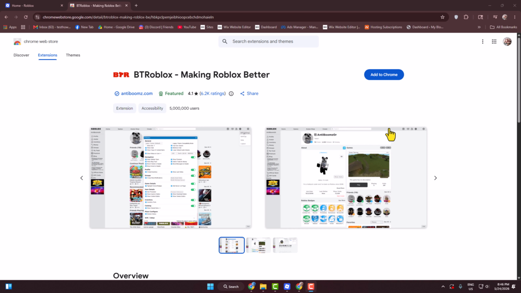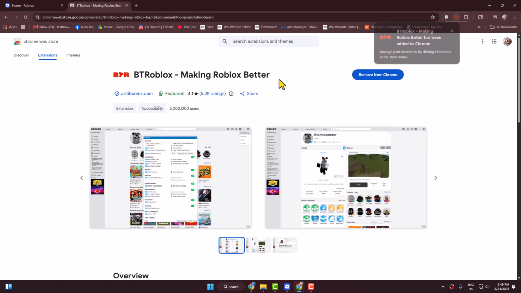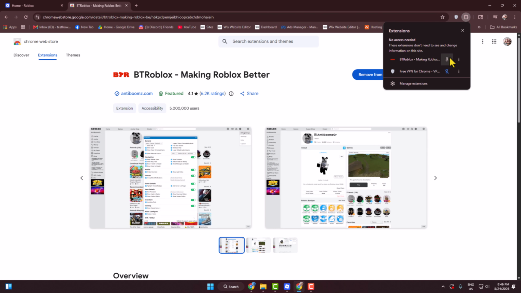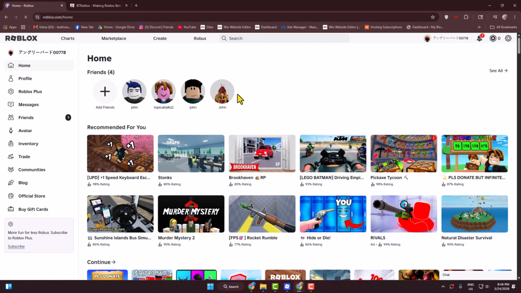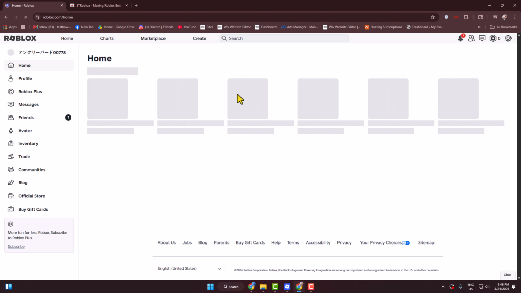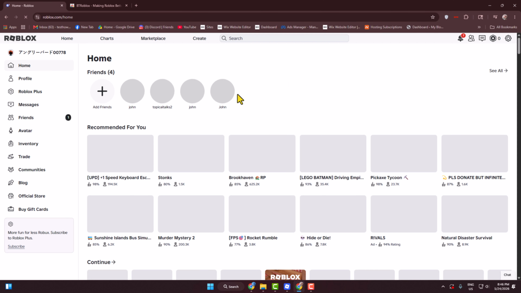So first of all, go to your browser extension store and search for BT Roblox. All you need to do is add this BT Roblox extension to your browser and make sure to pin the BT Roblox extension. Now go back to your Roblox and reload it to activate the BT Roblox extension for your